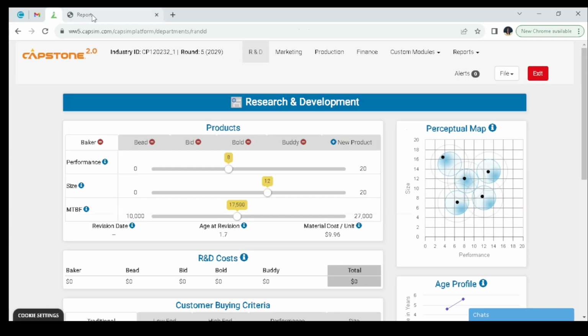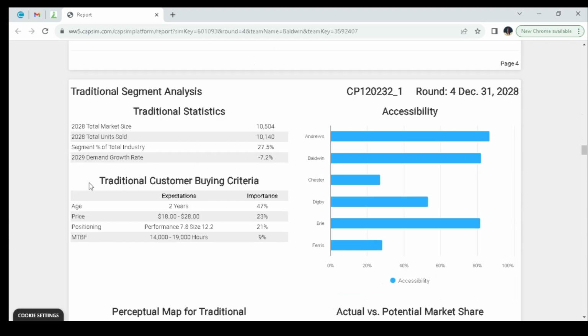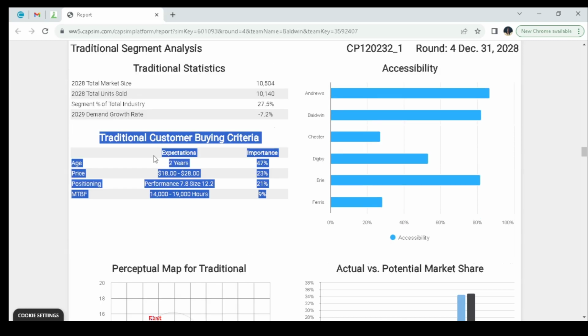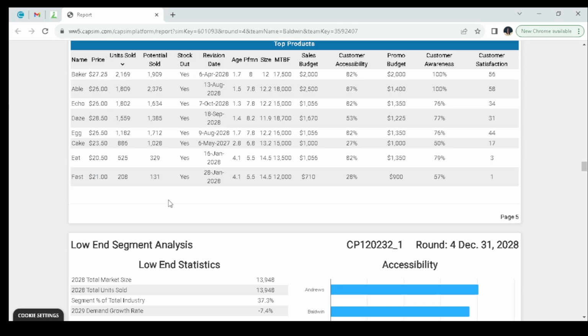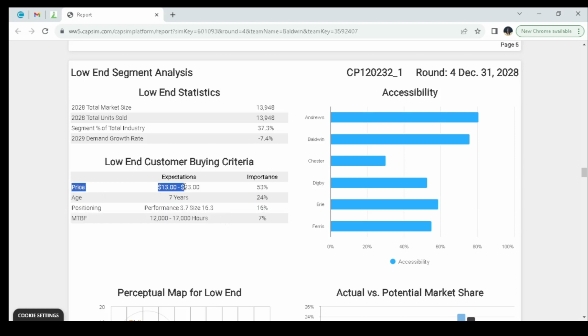The portal is now open. We shall start with the traditional segment, and here we're going to talk about the traditional customer buying criteria, which are the expectations customers have for a product in this segment. Here customers expect an age of 2 years, a price of 18 to 28, positioning performance of 7.8 and size of 12.2, and MTBF 14 to 19,000. Next is the low-end customer buying criteria, whereby customers expect a price between 13 to 23,